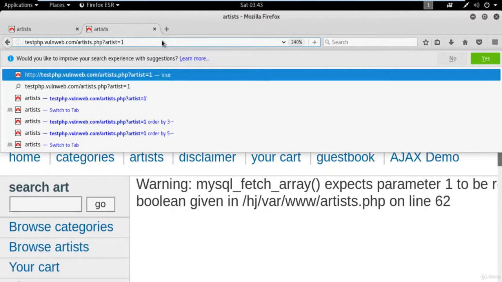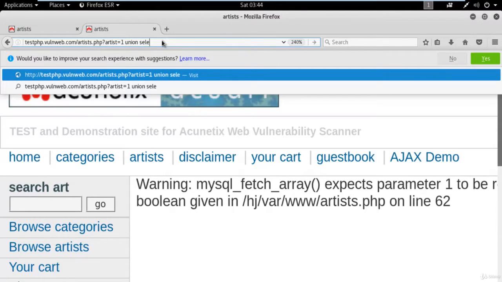Now the task is to find the table names. We don't need to find the database here, right? Because we can directly find a table name here and then column names and then the data. So how can we find the table name without using any tool? Do one thing, let me show you the command, what command you can use. So you can simply type here